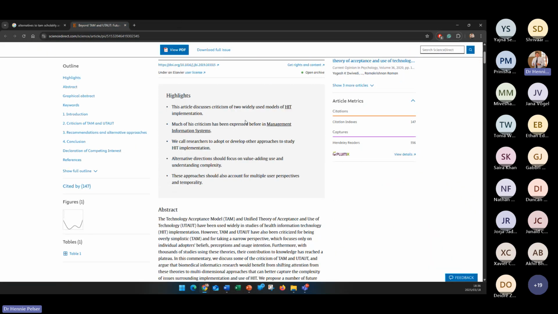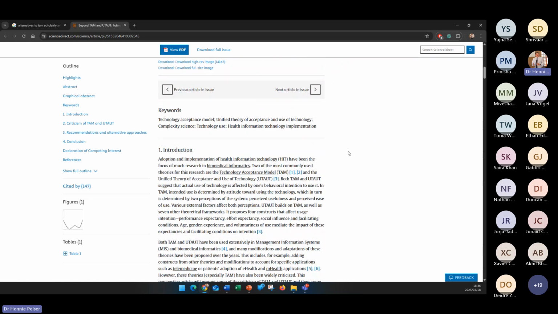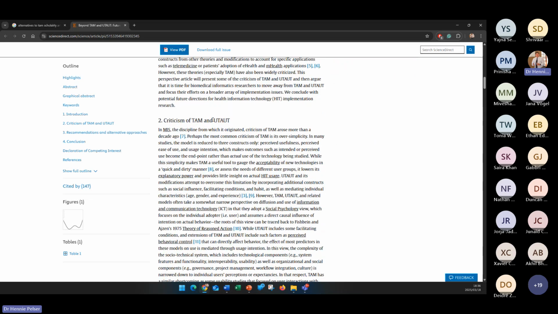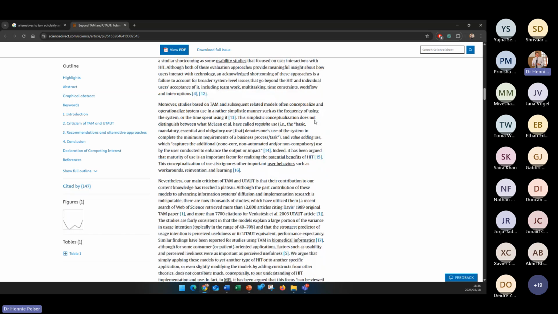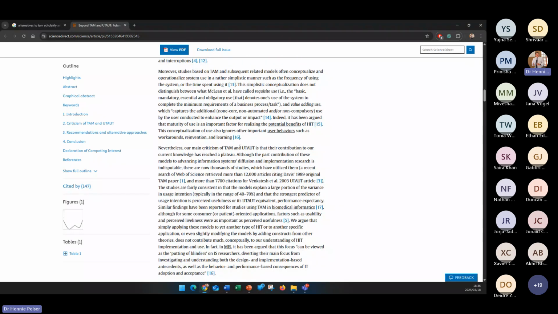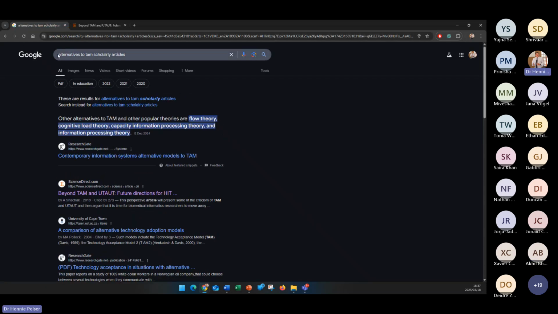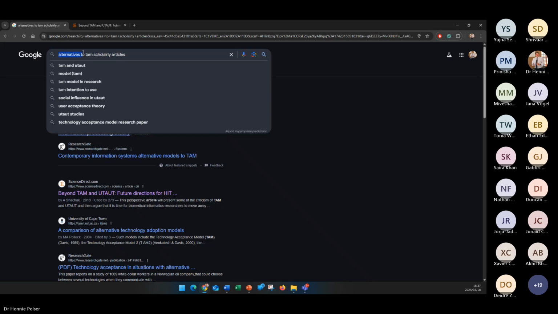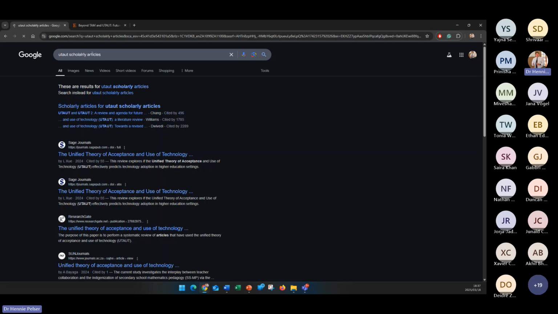Hold on a second, I can't even remember what it's called. That's how dumb I am. TAM. I think look for this one here. Yeah, UTAUT. Go look for the theory itself. UTAUT. Hey guys, I know this is messy at the moment. There it is. Unified Theory of Acceptance and Use of Technology. I should know that. Sorry. Unified Theory. There it is.